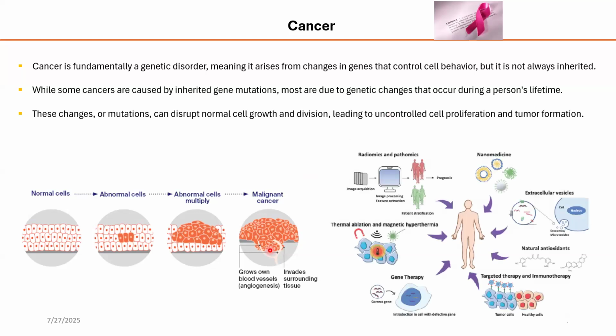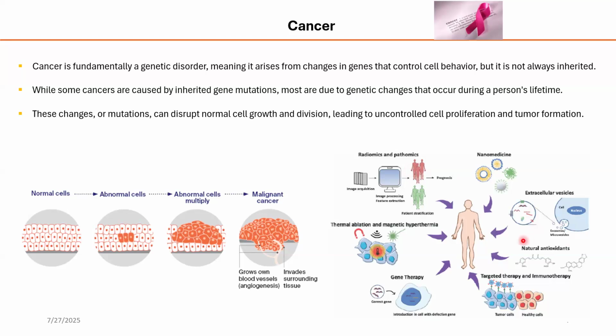So now there are a lot of treatment processes available for the control of cancer, which may use radiomics or pathomics, where they extract quantitative data from tissues, like CT scan, MRI, PET scans, and then they do image acquisition, and these lead to treatment and prognosis. Then there is the use of nanomedicines, where they use nanoparticles, or using extracellular vesicles, where they use exosomes and microvesicles, which are extracted from the cell,